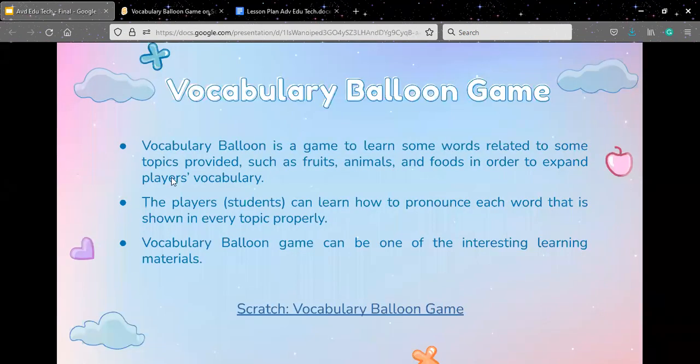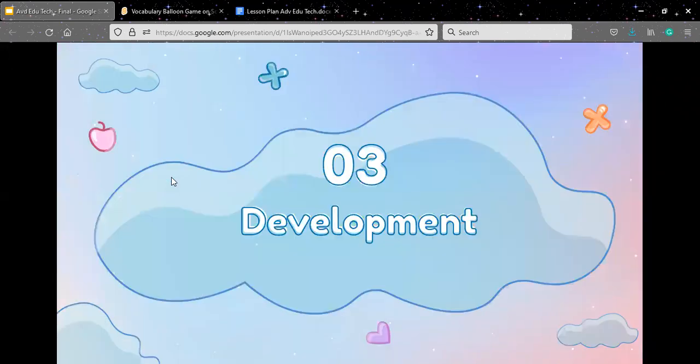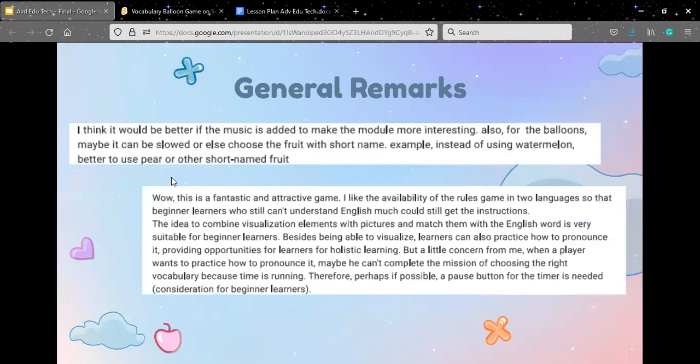Okay, I will continue the presentation. We come to the third stage, which is development. In the development stage, after I create the game,